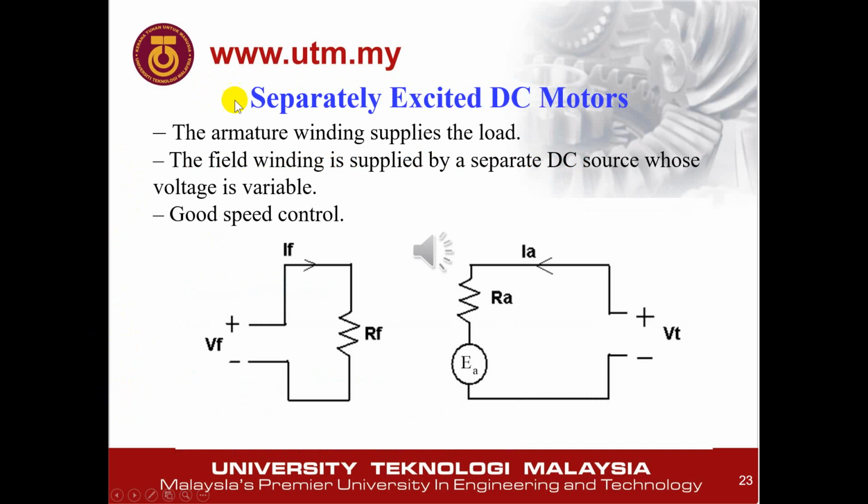So this one is the separately excited DC motor. This one is also quite a popular question. Okay, the left side is the field winding and the right side is the armature winding, because they are EA. Okay, so field winding is RF, just shown as the resistor. For armature, RA. Okay, so separately means that the source is separated. Okay, the advantage of this is good speed control. So you have to know this because it's quite a popular question.